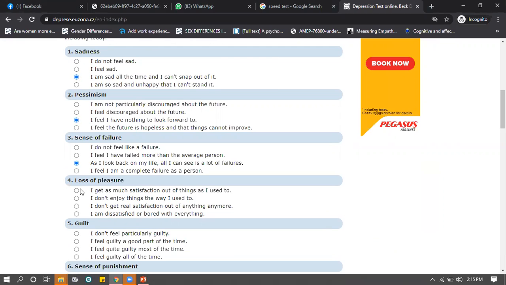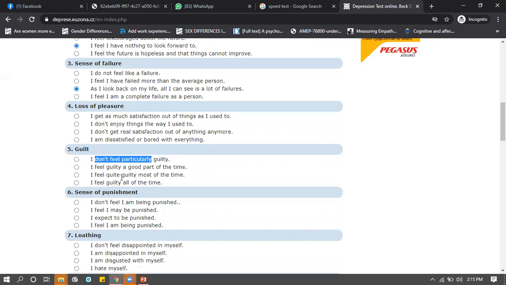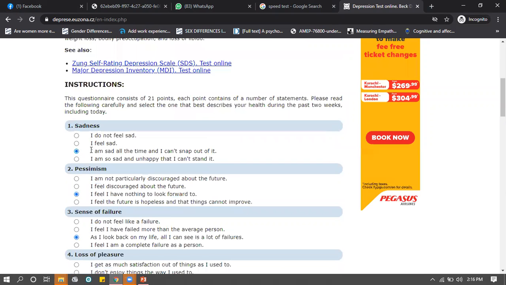For example, this is 0, or this could be 1, or this could be 0, this could be 2, this could be 3, this could be 4. So like 1, 2, 3, 4. Again, 1, 1, 2, 3, 4. So every choice has a numerical value assigned to it. And let's suppose I pick the third option. So this is 3, this is 3, and this is 3.